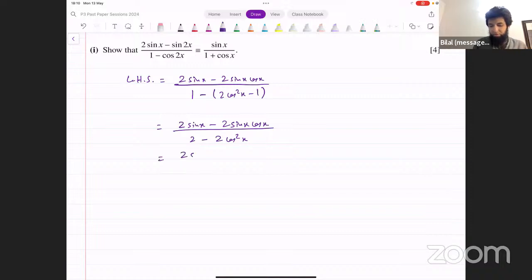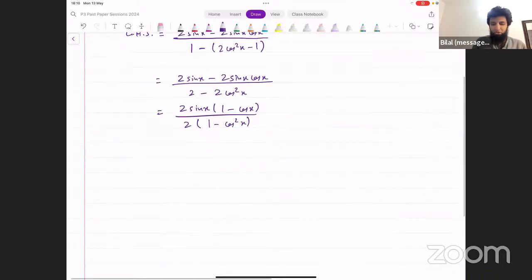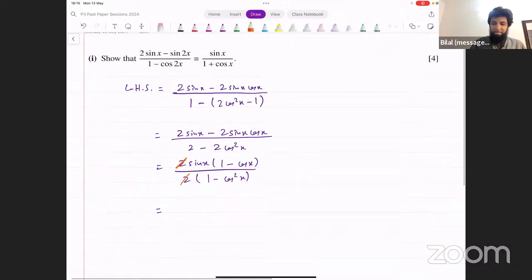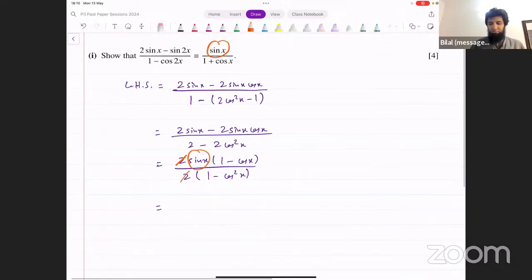Okay, let's do that. In the numerator, if we take sine x common, that leaves us with 1 minus cos x inside. Okay, interesting. Now we take 2 common from the denominator as well. That leaves us with 1 minus cos square x. 2 and 2 get cancelled. And we have sine x outside here. We've got sine x in the numerator. That's what we wanted. Now the problem is we want to get rid of this 1 minus cos x somehow,